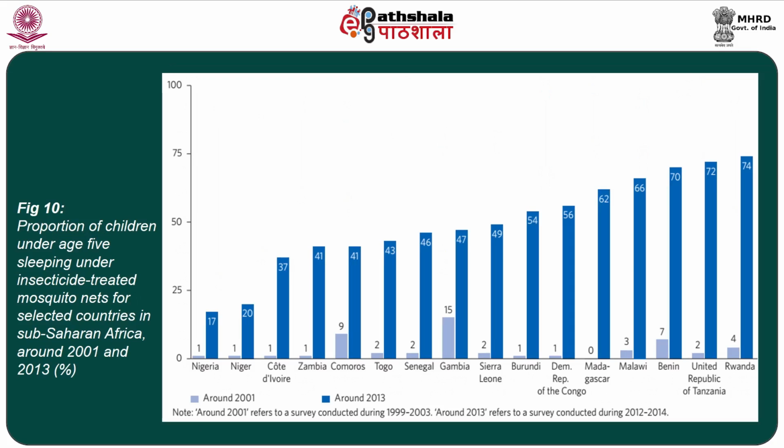Figure 10 gives the proportion of children under age 5 sleeping under insecticide treated mosquito nets for a few countries in sub-Saharan Africa, at 2 different time points, 2001 and 2013. In almost all the countries there has been significant improvement in coverage of children with insecticide treated mosquito nets. In some of the countries the change has been very significant, whereas in some countries the change has not been so significant, but however the trend indicates overall improvement in coverage of children under 5 sleeping under insecticide treated mosquito